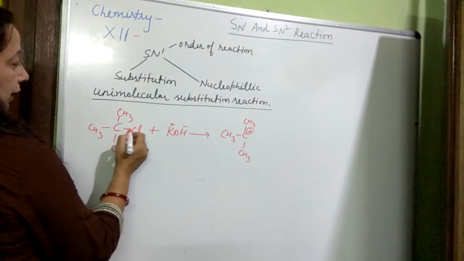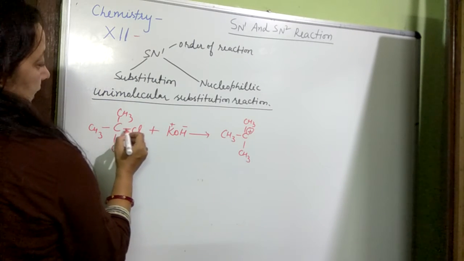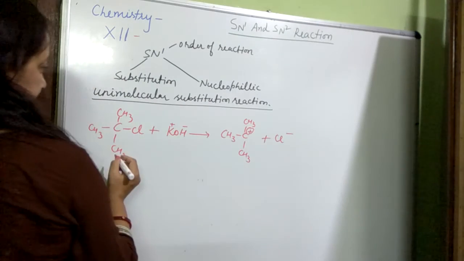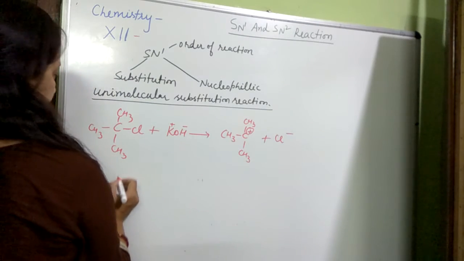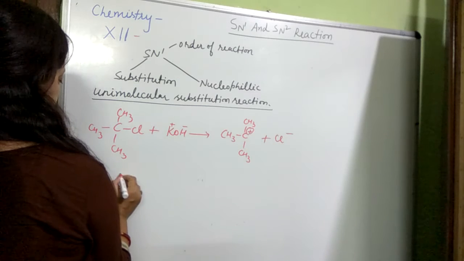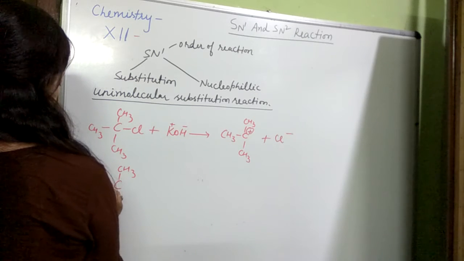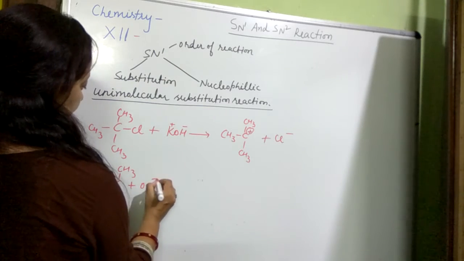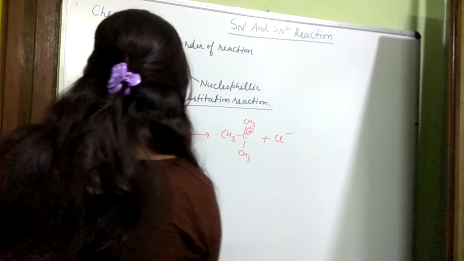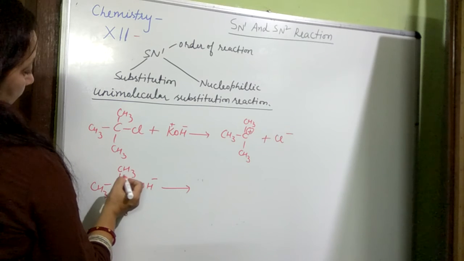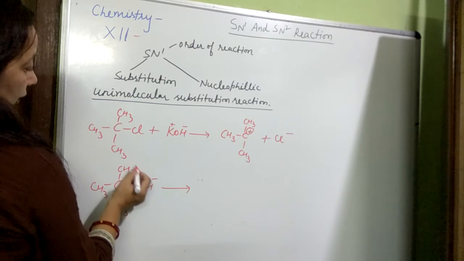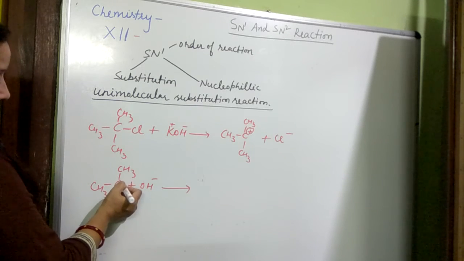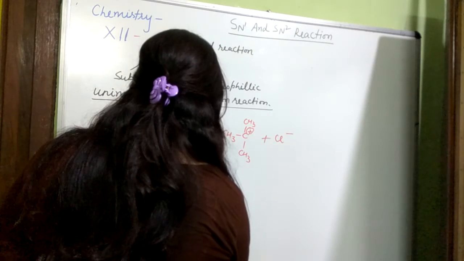Because the C-Cl bond has polarity and it is a weak bond, Cl takes 2 electrons and forms Cl negative. And this carbocation attracts nucleophile. This nucleophile may attack either from the front side or from the back side. When it attacks from the front side, the product forms